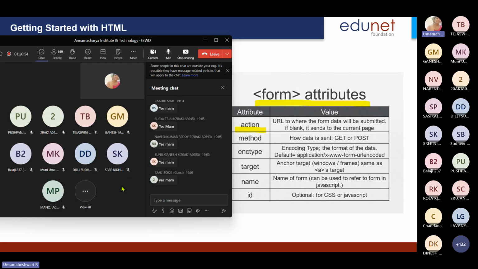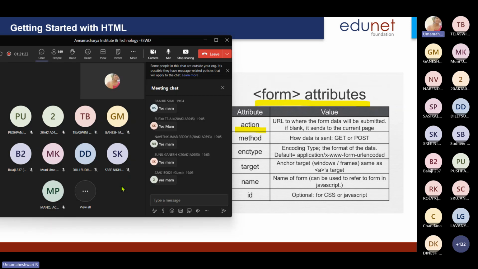So where is it going to get stored? That is a question mark, right? For storing purposes, there are different server-side technologies. They will store all the details. Let's say, for example, .asp, or we can store it in .jsp. There is also .php, right? Like this, we give action equals to, and the value is going to be the file name